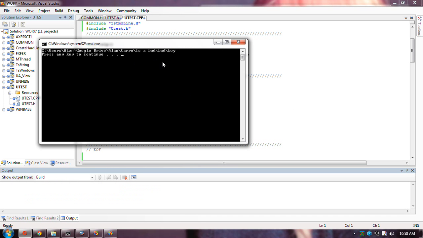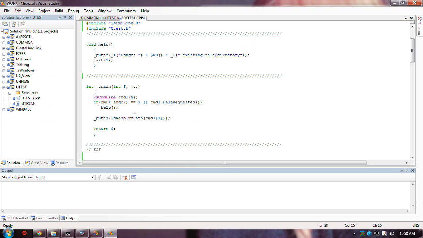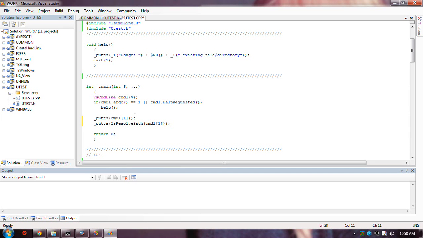Okay, now that's the answer I expect. Let me print out what I'm passing in, and the result, so it's easier to see them one above the other.